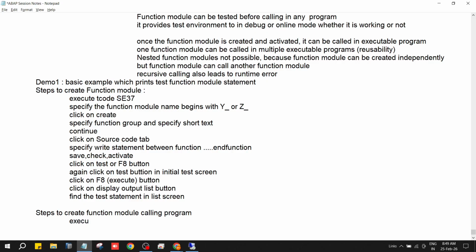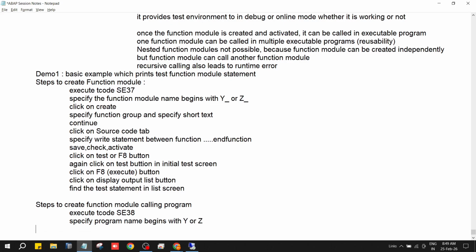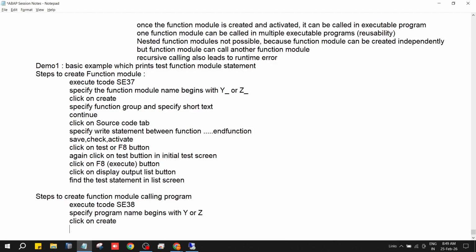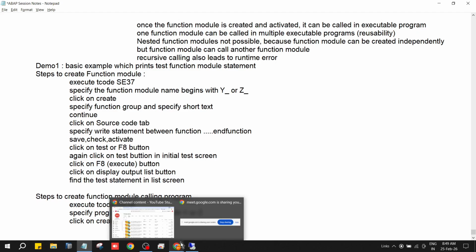You execute T code SC38. Yes, normal. You know this very clearly. Specify the program name, which normally begins with YRZ. Then click on create. When you click on create,